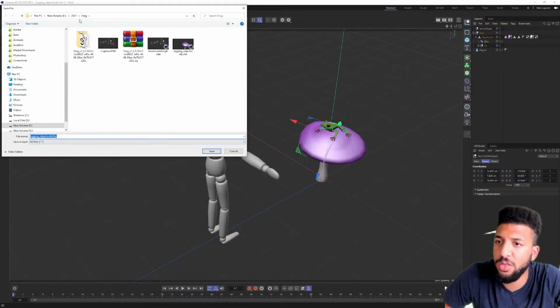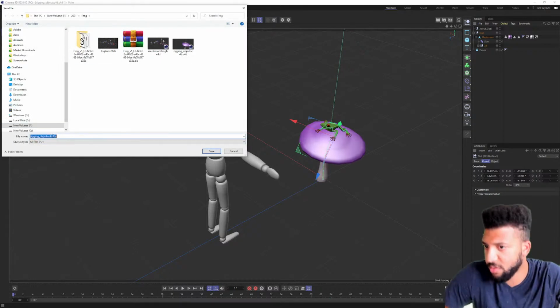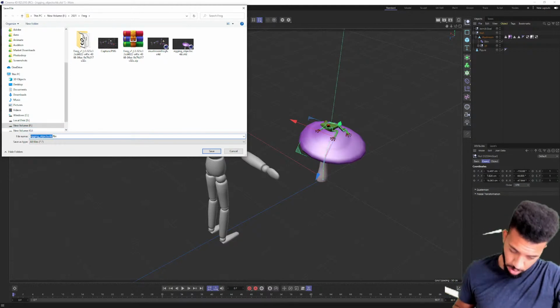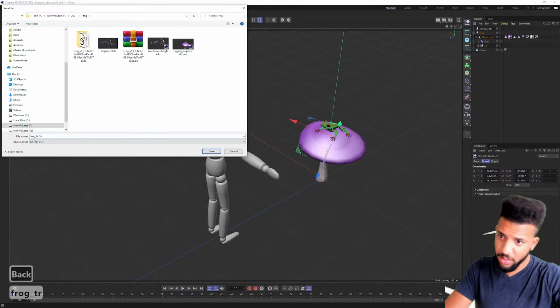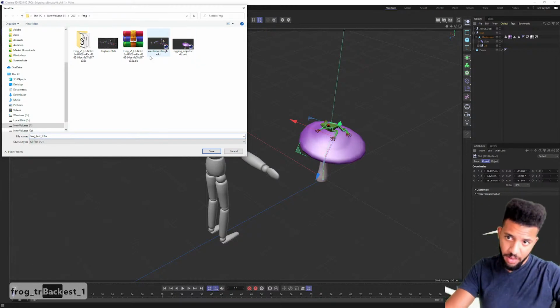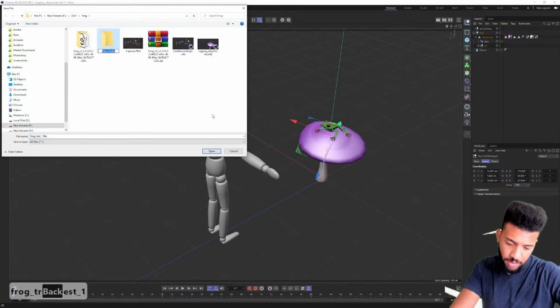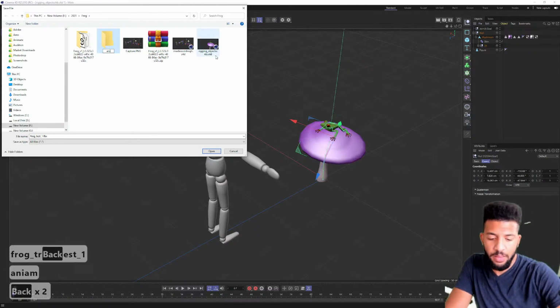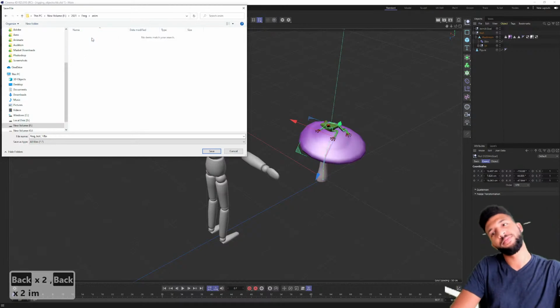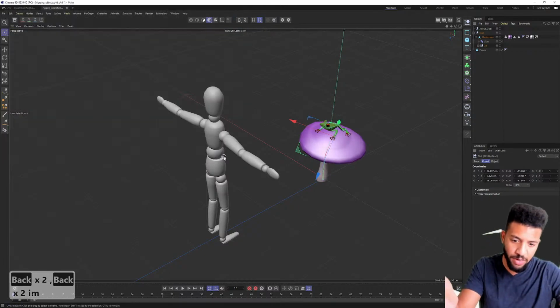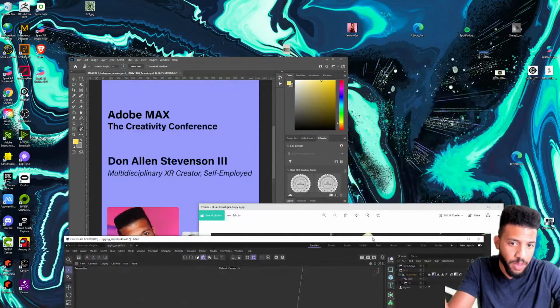I'm going to save this into Frog. I'm going to call this Frog Test 1. Frog underscore test underscore 1. We'll make a new folder for animations. Just call it anim for animation. There's Frog Test 1. We'll save it in there. Then I'm going to pull up,